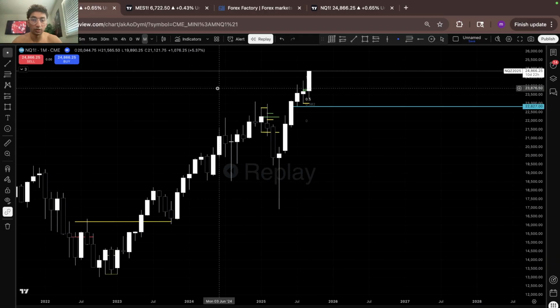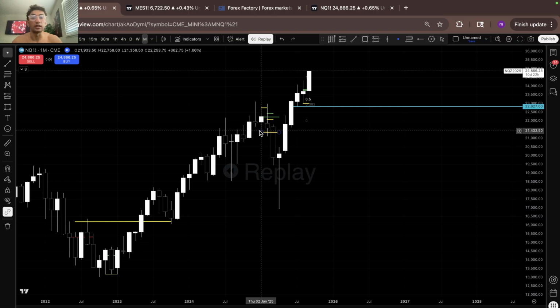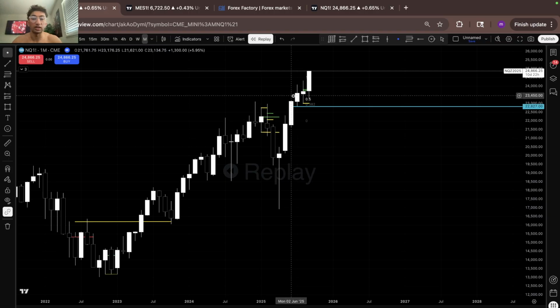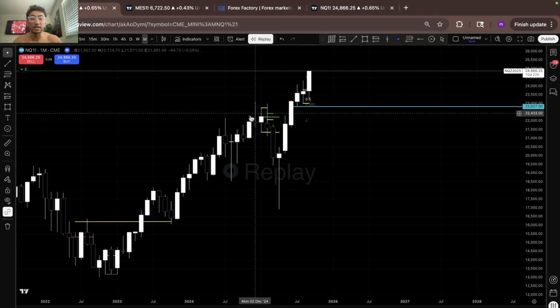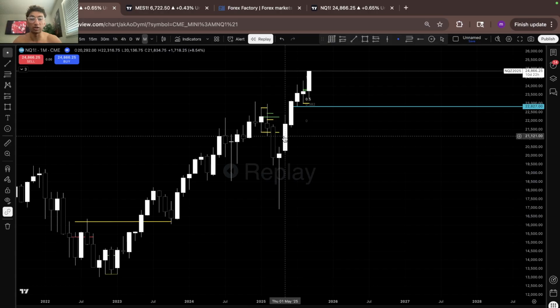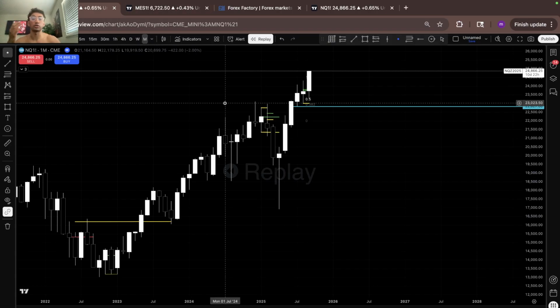Okay? And what does that mean? That means that now price is functioned because we got a weekly change in state. We already took out the month high. This now means that price is functioned to go for monthly lows. How can you, from knowing this, structure trades off of this, right? So what we do now